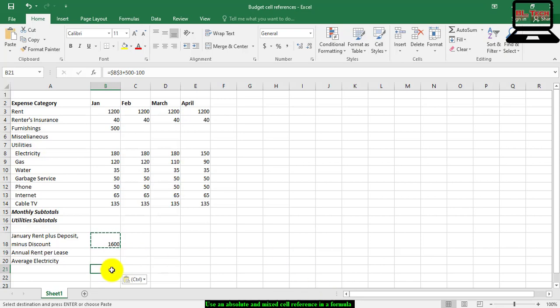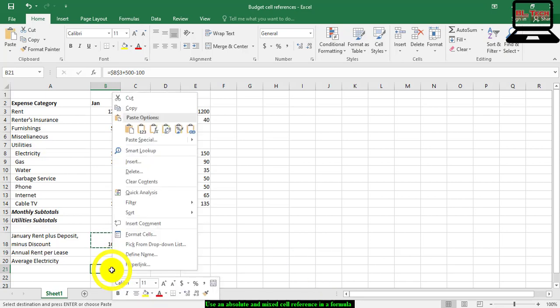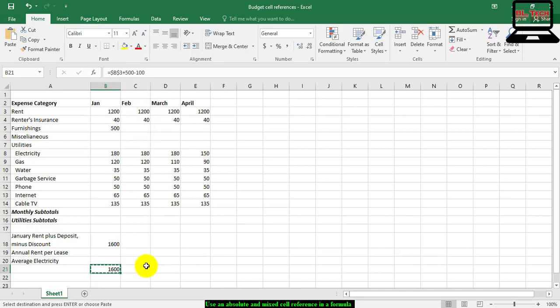And now try copy cell B21 to cell C21. The display result is still 1600.